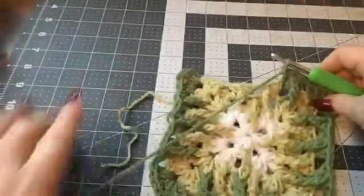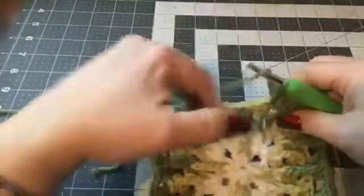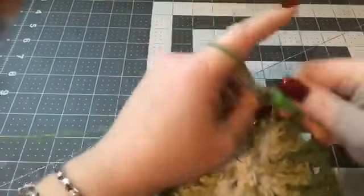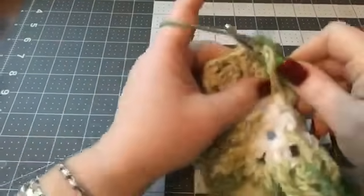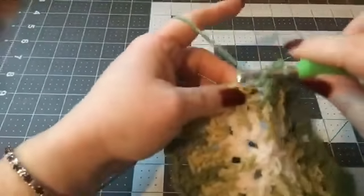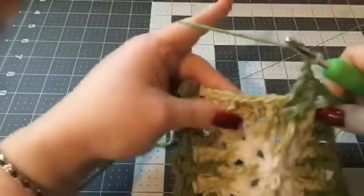Okay, then we're going to chain 1, skip these next 3 right here, go into our next chain 1 space, work a double crochet, do our treble front post, pull up our yarn, go through 2, go through 2, go through 2, and do another double crochet, chain 1,